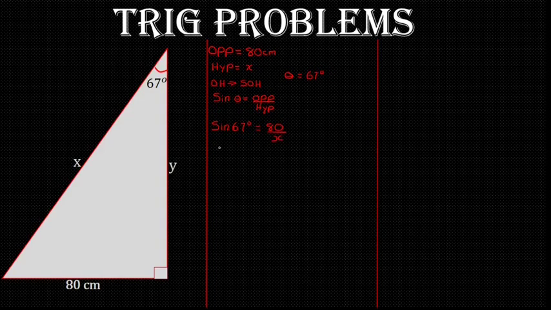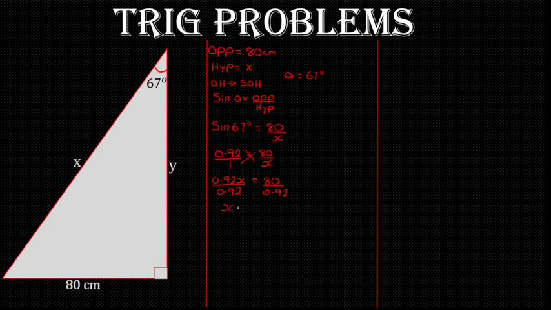Sine 67, checking from your calculator, would be 0.92. So checking your 4-figure table to 2 decimal places, 0.92 equals 80 over x. The next thing here would be that you cross multiply. Cross multiply means you multiply them across each other. So I'm having that 0.92 times x, that will be 0.92x equals 80 times 1, which will be 80. Then I divide both sides by 0.92. You could plug this in your calculator, or if you have a computer brain like me, you could give the answer as